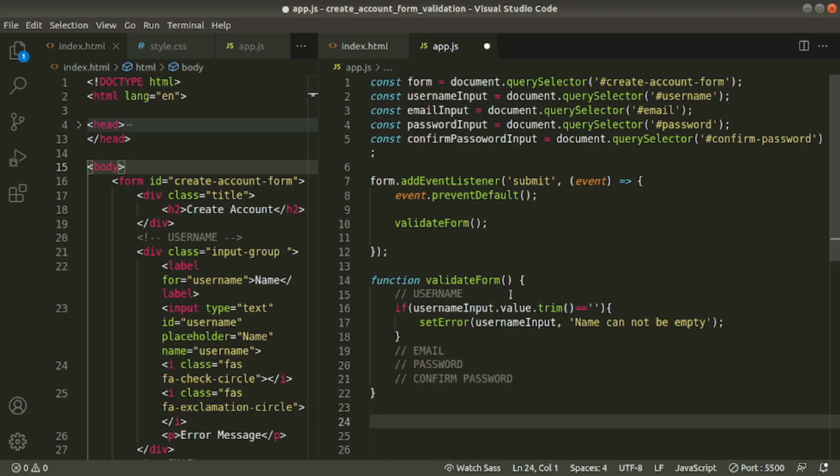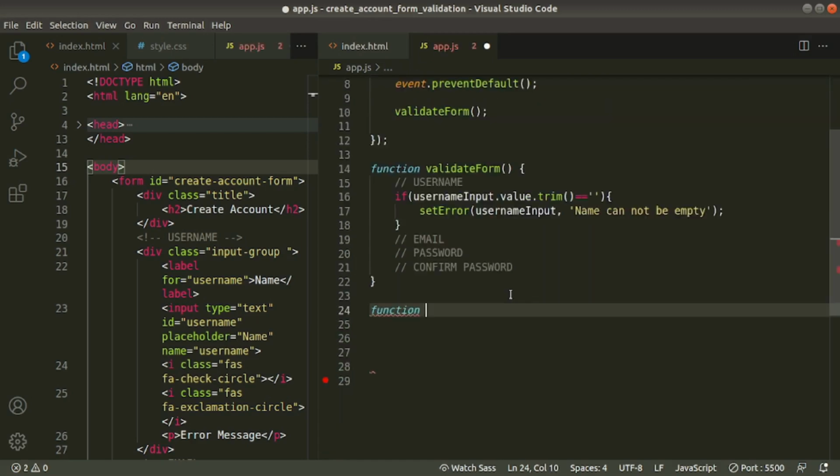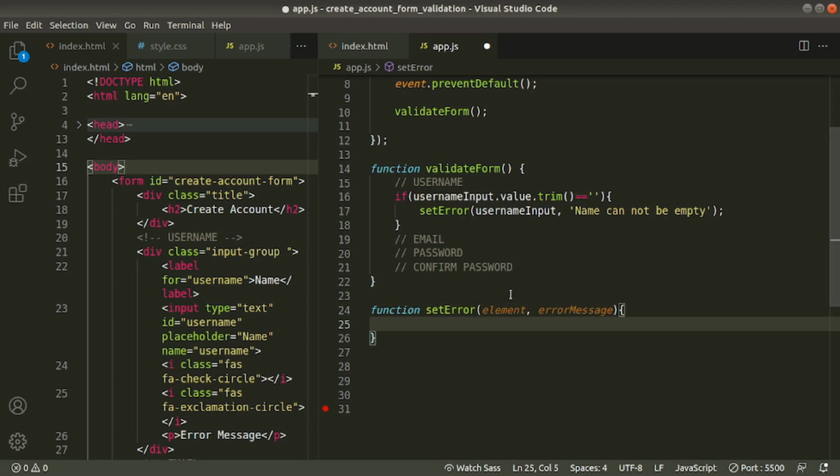Here we'll create that function. We take input field and error message inside this function. Now you see we passed username input field here. This element is now username input field, and we want to access its parent.